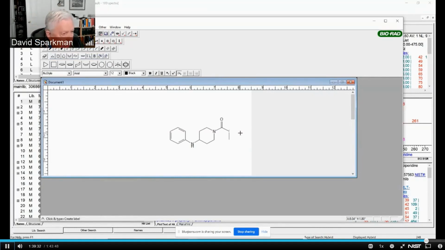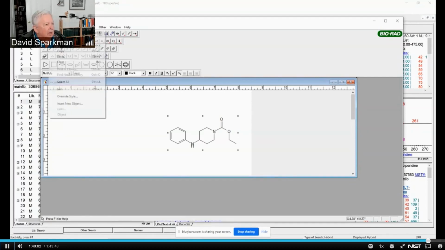I'm going to put an oxygen here to create an ester, right? And then, you see, it's 16 different. So it's probably going to be something like this, that it's an ethyl ester. Now I'm going to take this, copy that structure,